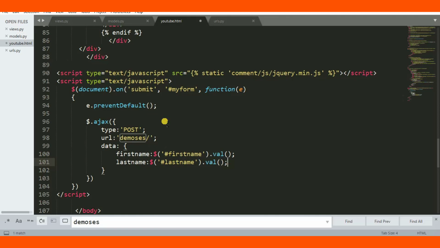Yes, we only want to send the first name and last name,